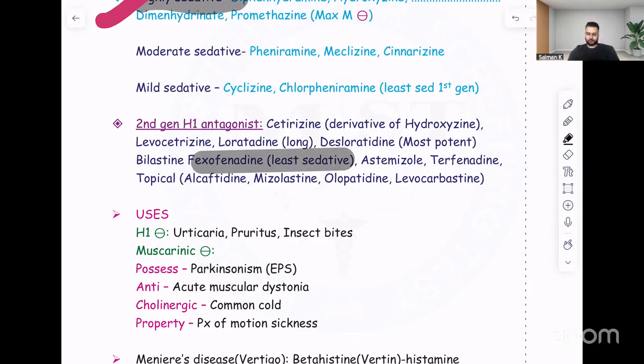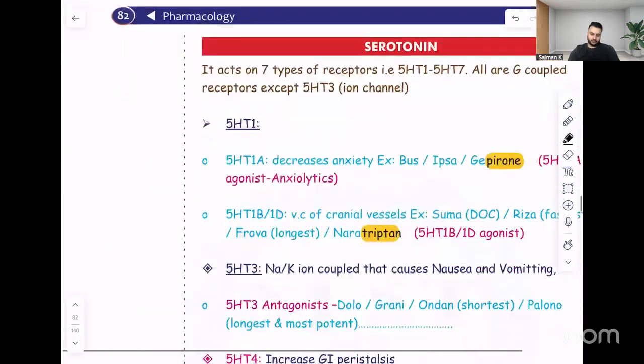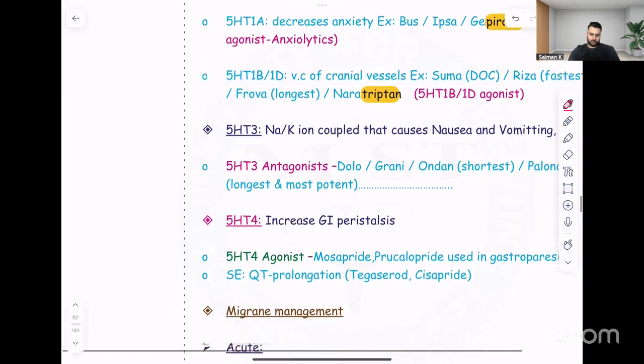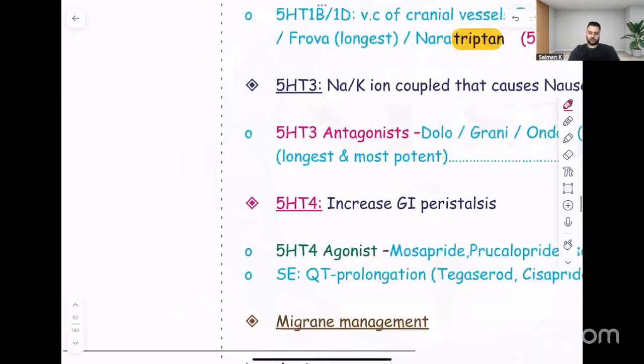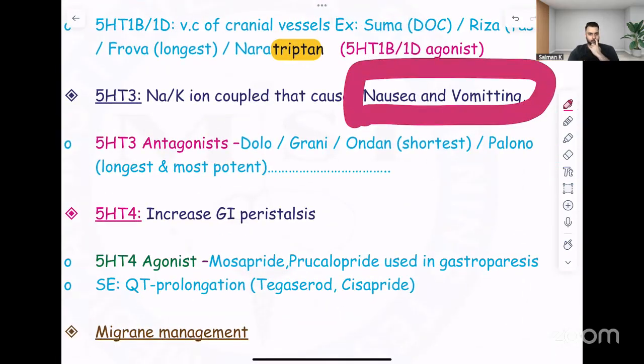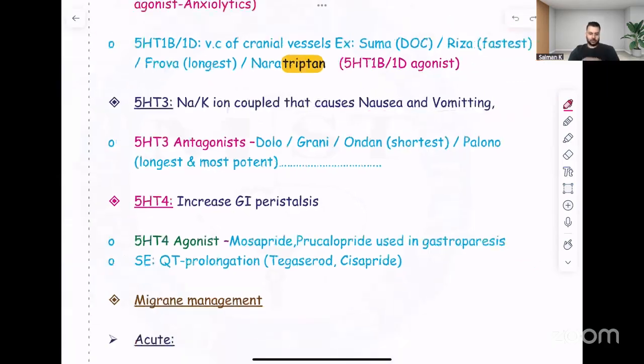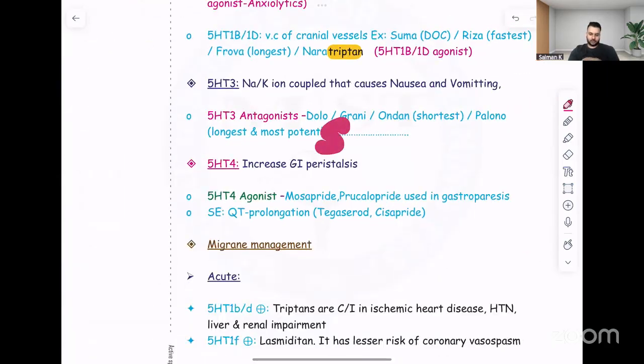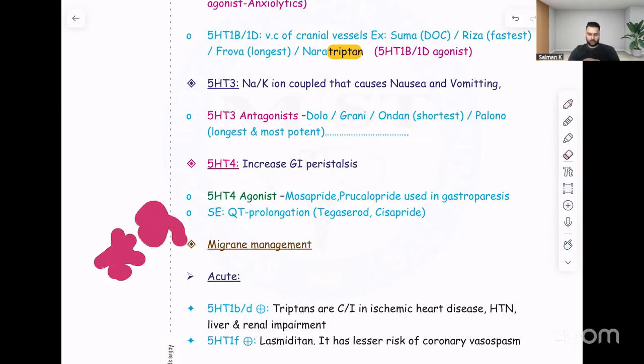Okay. Now that you see this, next is serotonin. In the serotonin topic, okay, one drug is cetrons, 5-HT3 blockers. They reduce vomiting because 5-HT3 causes vomiting as a function. Okay, so I am saying when you block 5-HT3 receptor, these are the drugs called cetrons. They are the anti-emetic drugs. The most important high yield topic in serotonin, in fact, in this chapter is migraine, which I want you to